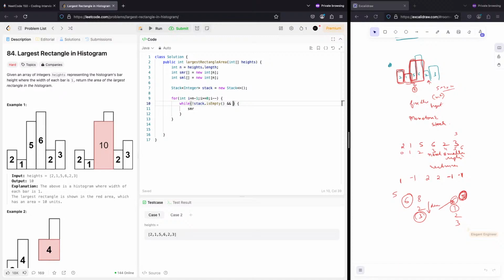Keep on popping. So if nums[i] is greater than, if it is less than,